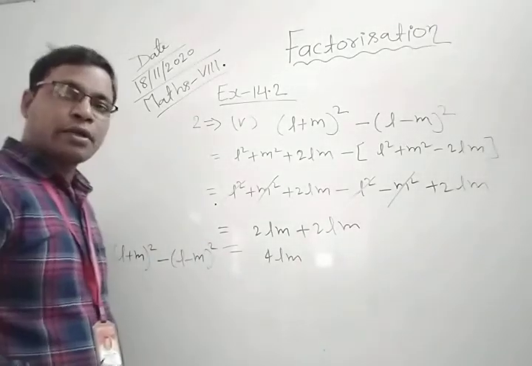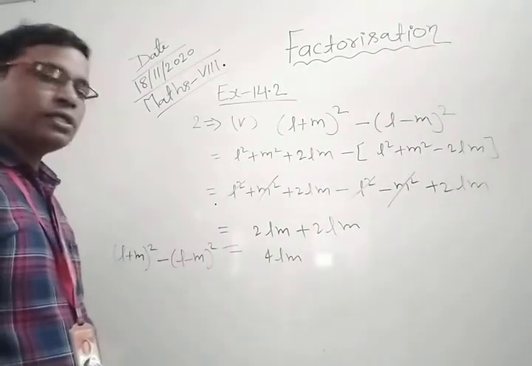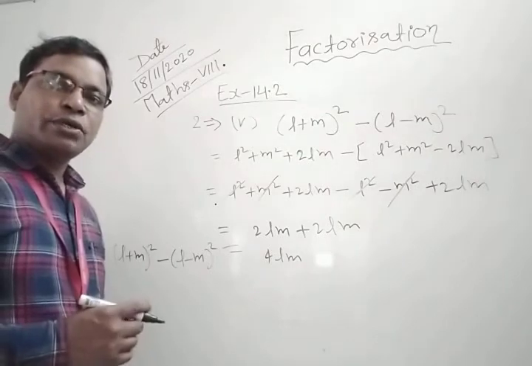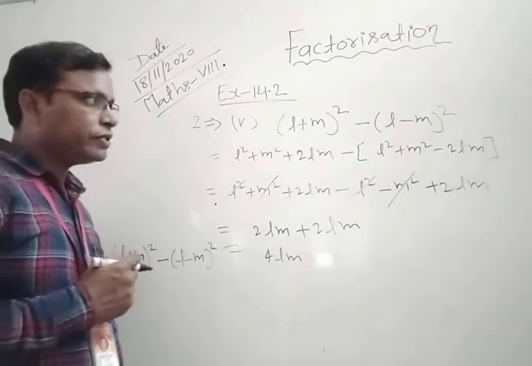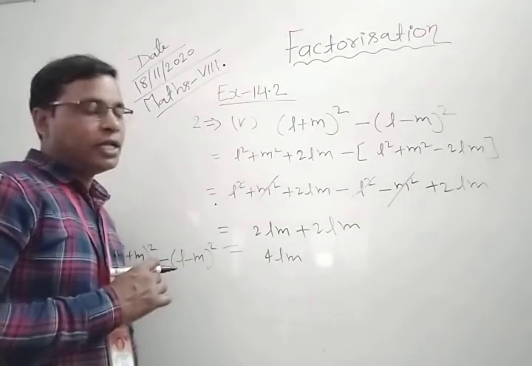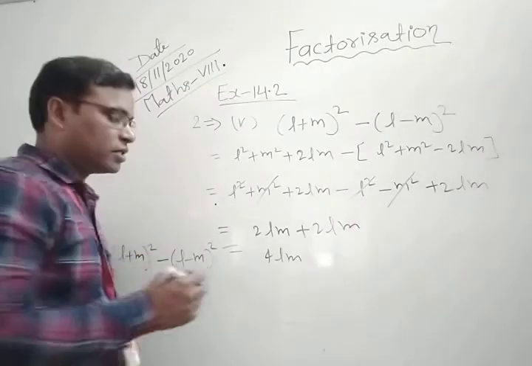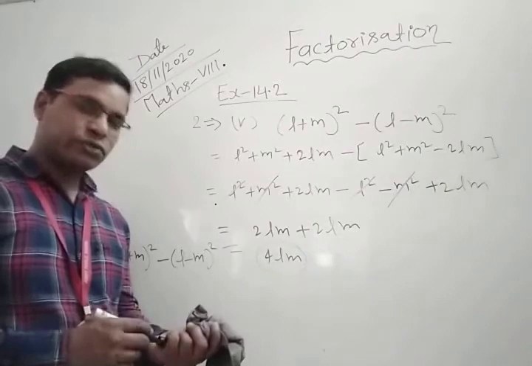So students, I hope all of you understood this question very well. Here we use two ways to find the factor of this. Okay, first we use the third identity, after this we use the second identity and the first identity. Then we find the same type of factor 4LM. Okay, so students, I hope all of you understood this question.